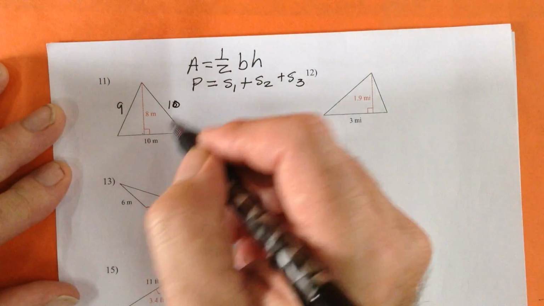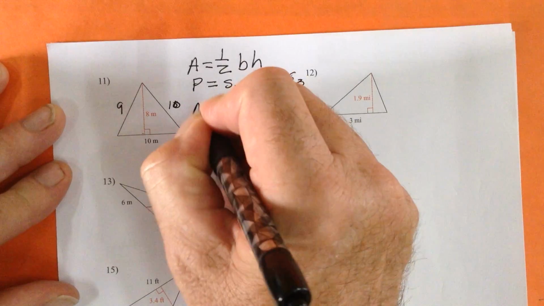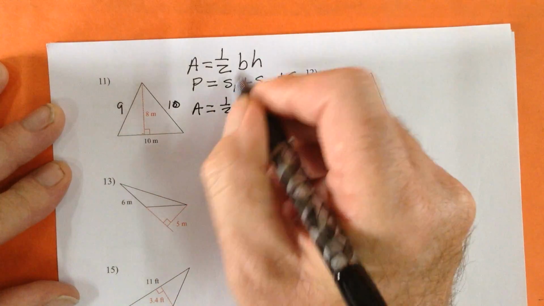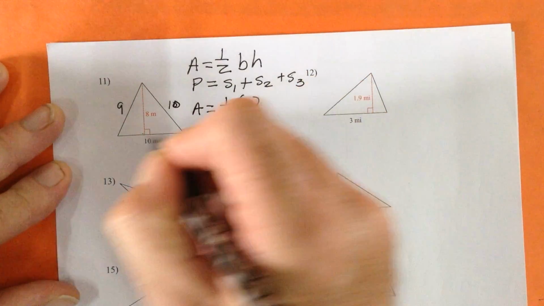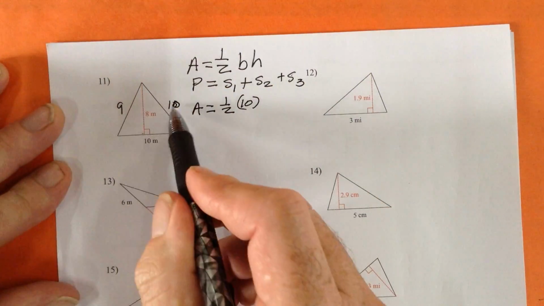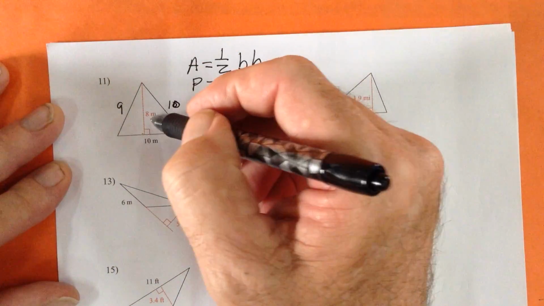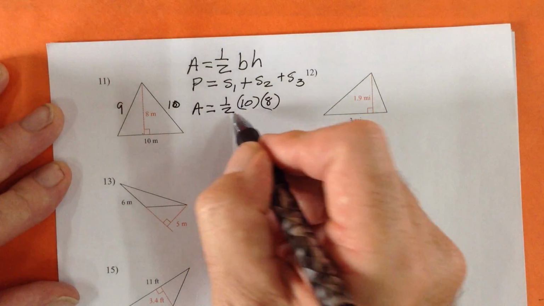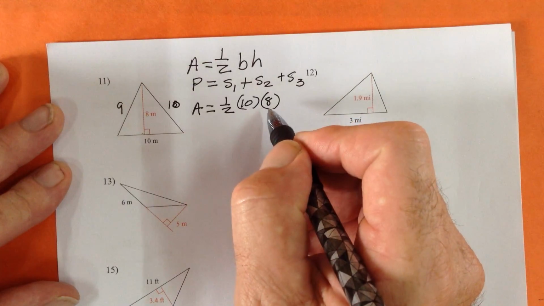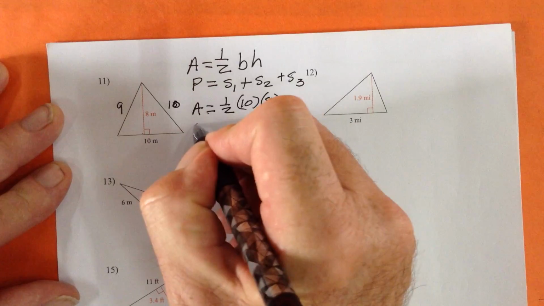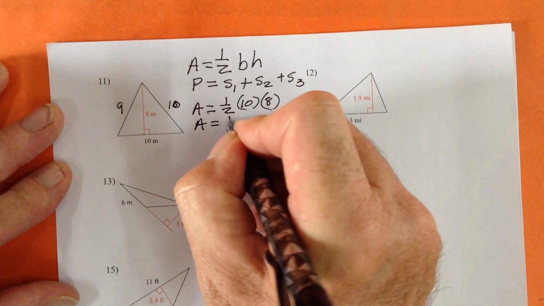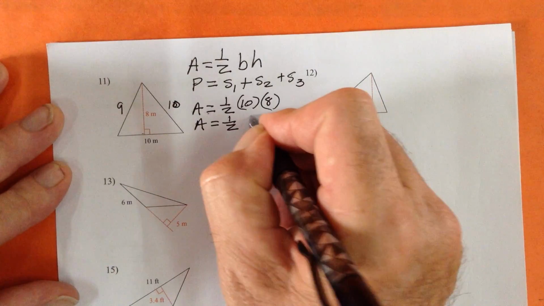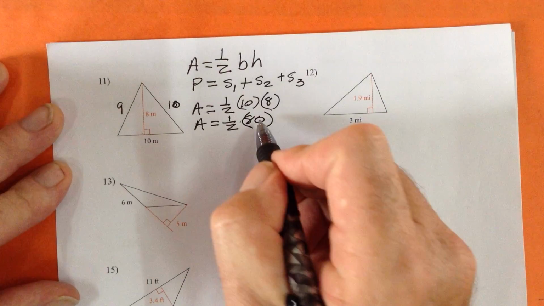So, how do you do this? Well, you can use the formula here. To find the area, you take 1/2 of the base, which is 10, times the height, not the side, but the height going up and down, which is 8. So the area is going to be 1/2 of the base times the height. So here, the area is 1/2 times 8 times 10, or 10 times 8, is 80. So I got 80